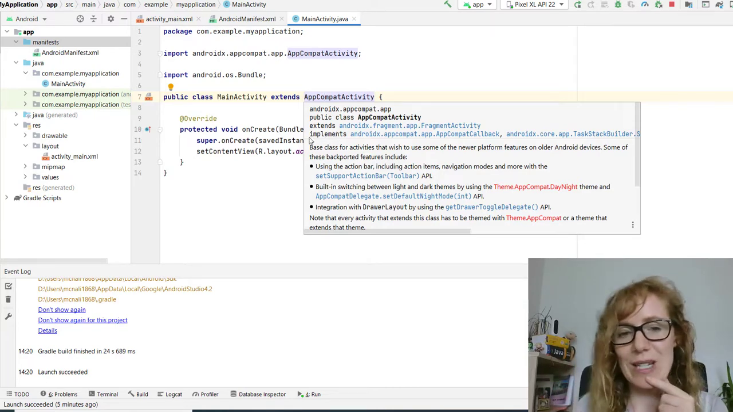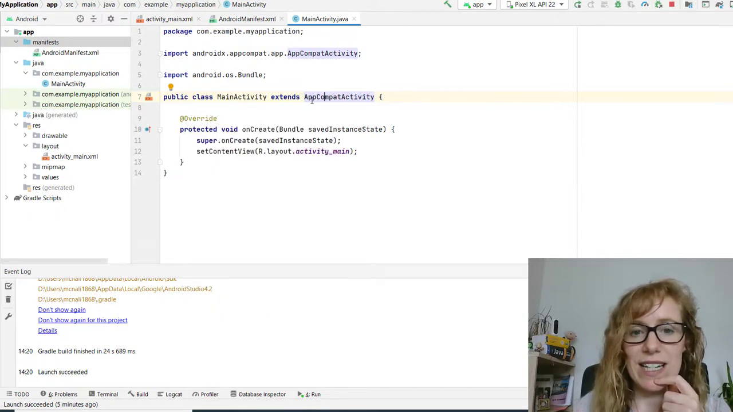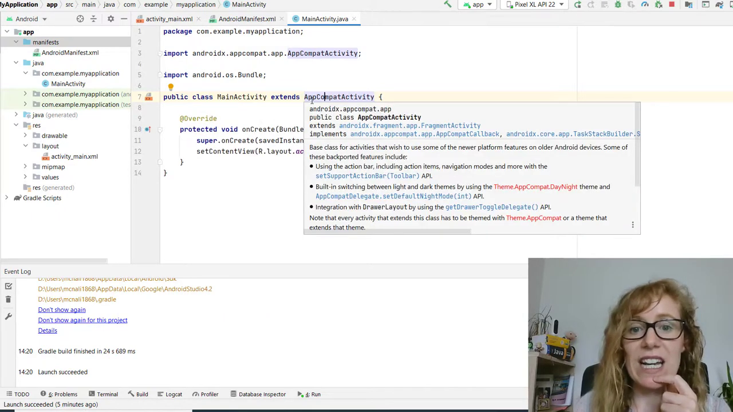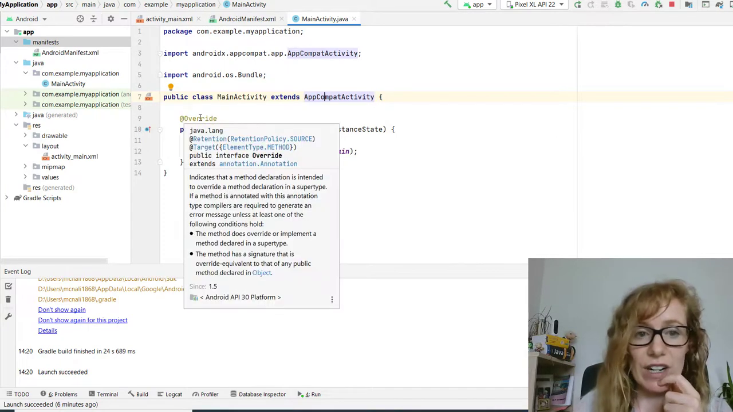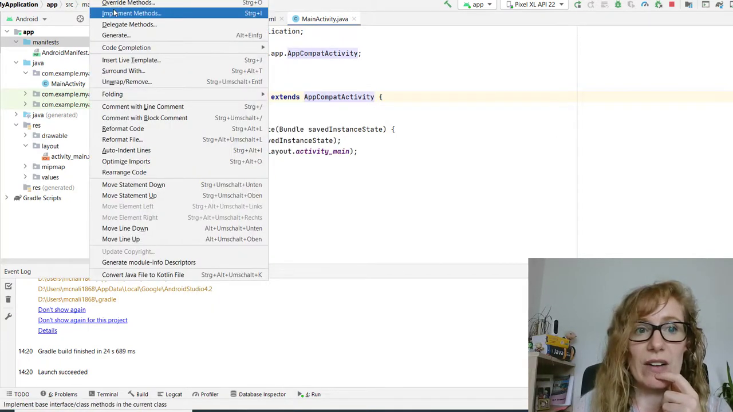Implements is also a key term. Here we have our override because we have extended our AppCompatActivity. Our override allows us to import from code. So we have our